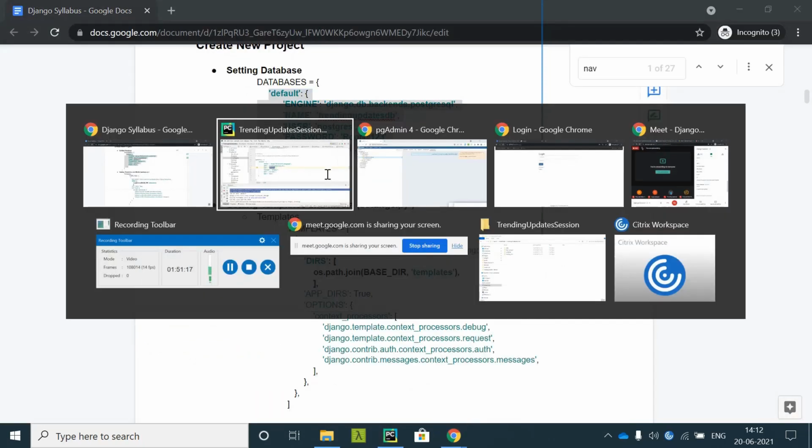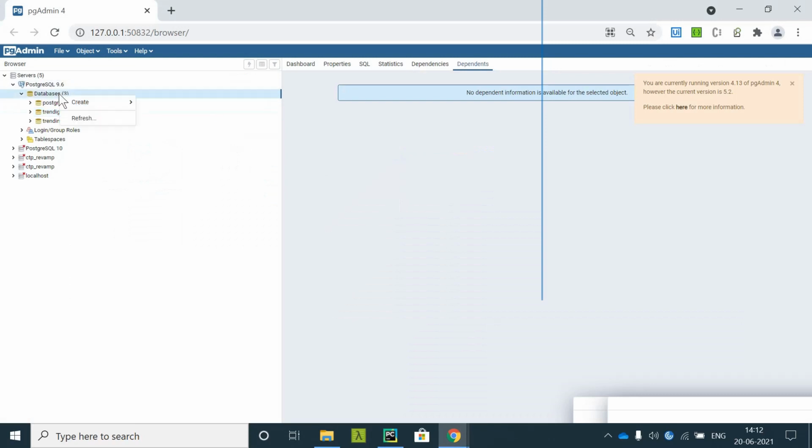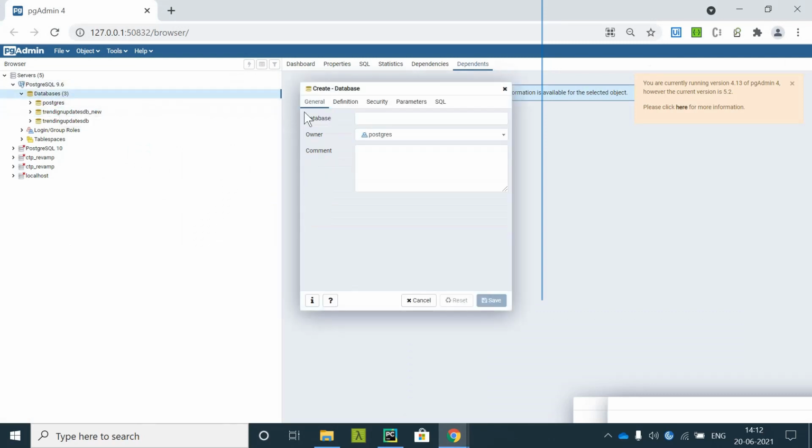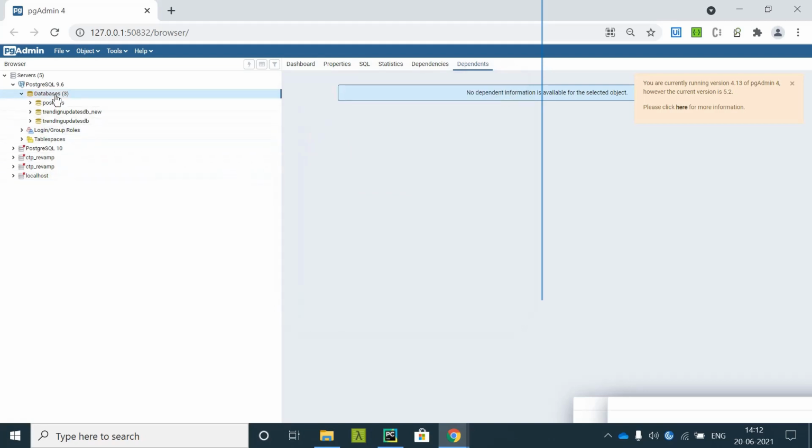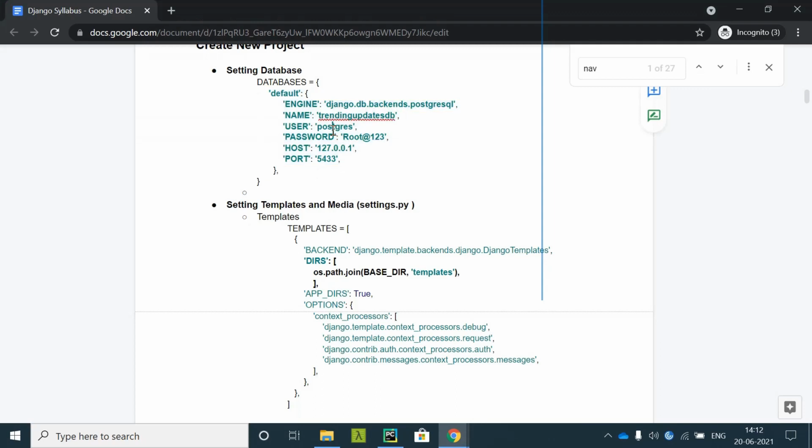Now, user was this while creating the database. When you go here and create a new database, for the owner you need to select. Right now I am able to select only one owner, that is user. You can also create this owner separately from the backend, but right now I am making use of the default owner that is available.